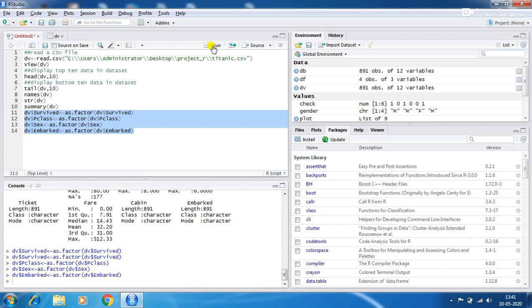So select it and run it. All run successfully, and this is all for the data.